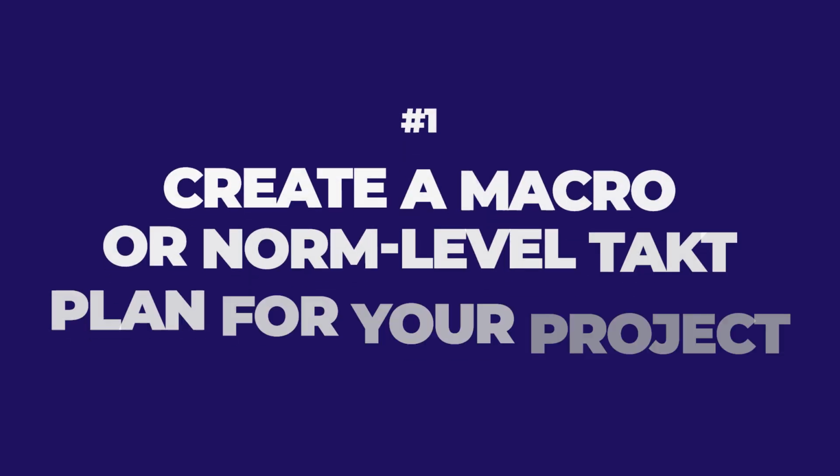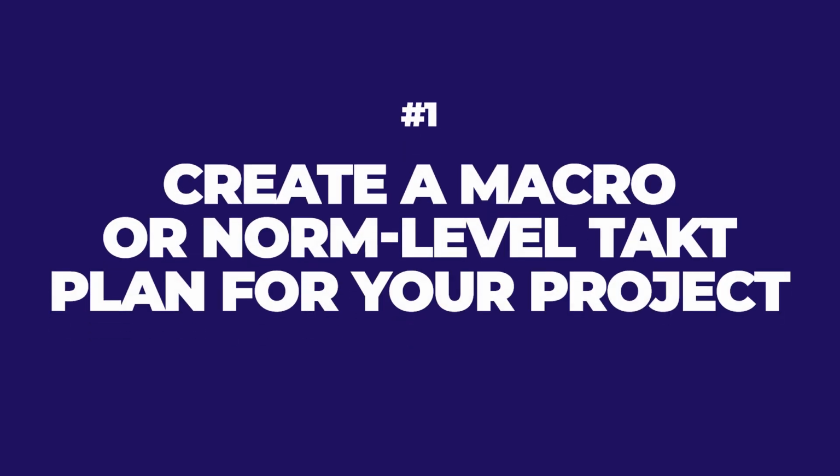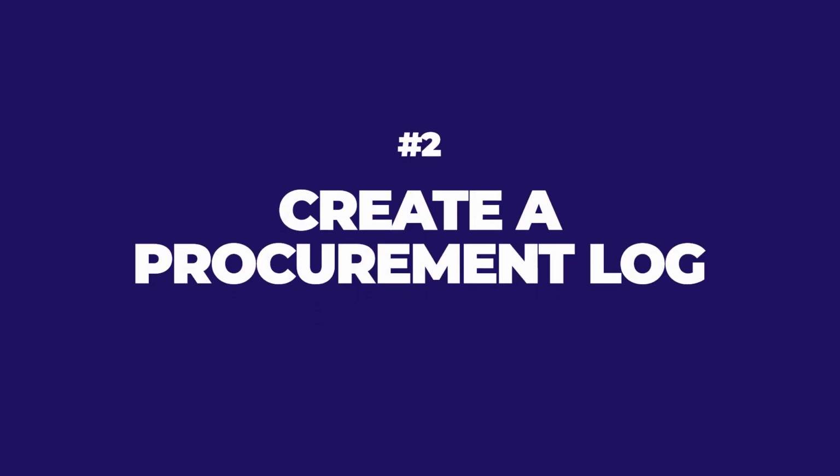Number one, you must, as soon as you possibly can, create a macro or norm level takt plan for your project. That will mean that you have the start date, the end date, and you've mapped out the path of critical flow and your optimization strategies, and you know when materials are required on the job. That's number one. Number two, create a procurement log or actually put it on the actual takt plan all of